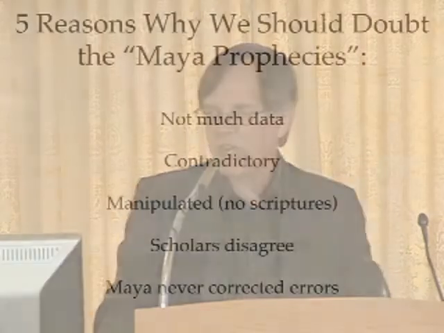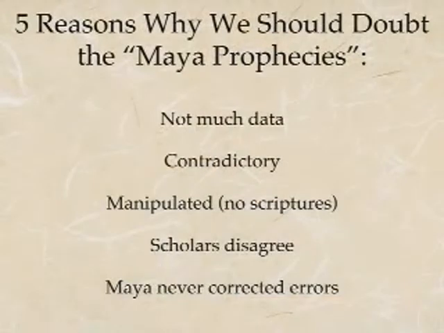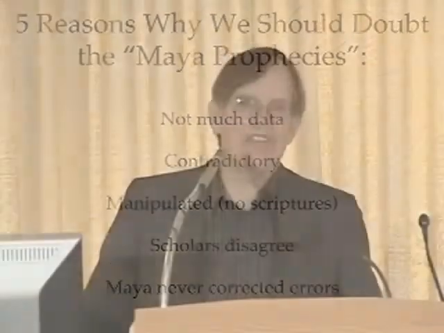So I've already talked a little bit about this. Not much data. We've got 99% of Maya culture and history still underground, not counting what the Spanish burned and not counting what was destroyed when the Maya collapsed in 900 AD. Long before the Spanish came, the Maya had fallen like the Romans. And the contradictory phrase is the Maya calendar end date, if you want to call it that, if you believe that 13.0.0.0.0 represents an end date, coming in 2012.